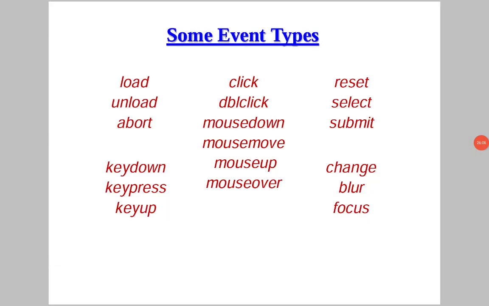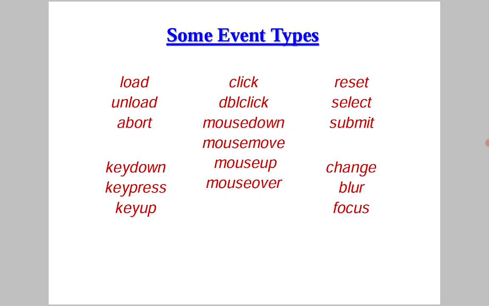So next is click, DBL click, mouse down, mouse up, mouse move, mouse over, all these are called mouse events. As we know, different types of events are used: keyboard event, Windows event, mouse event, form event. So load, unload,